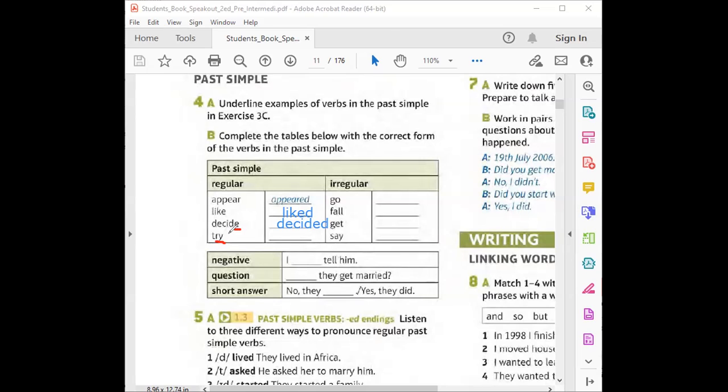Yes, we change the Y into I, but only on one condition: if before the Y, there was a consonant letter, a consonant sound. Like, for example, R here, it's a consonant. What are consonants? They are everything except the vowels. And vowels can be found in these five letters: A, I, E, O, and U. Of course, they can be found in more, but this is what is traditionally known